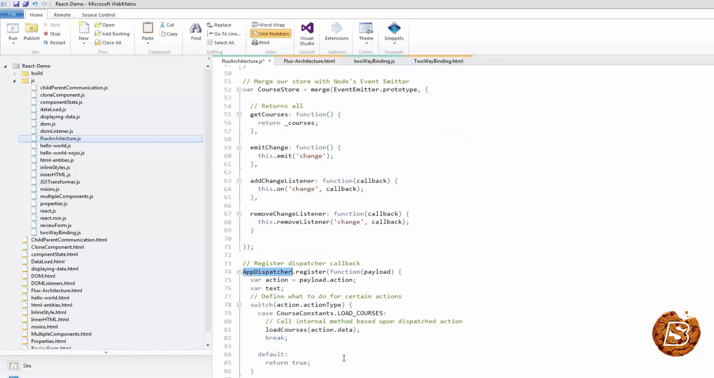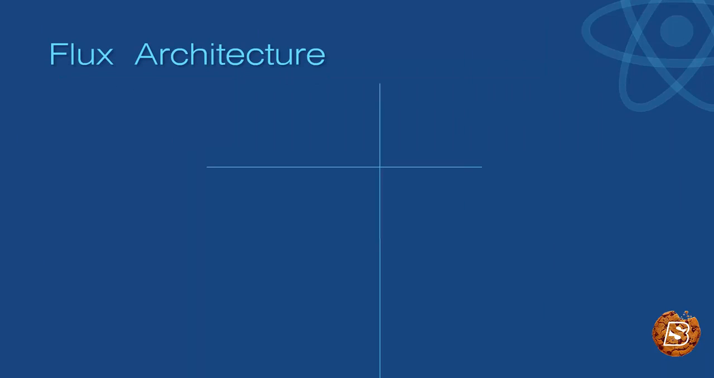So here you can notice that we have also registered a callback with our app dispatcher using its register method. This means that our store is now listening to app dispatcher broadcasts. Our switch statement determines whether, for a given broadcast, there are any relevant actions to take. If a relevant action is taken, a change event is emitted and views that are listening for this event update their states. So if you take a look at the diagram,